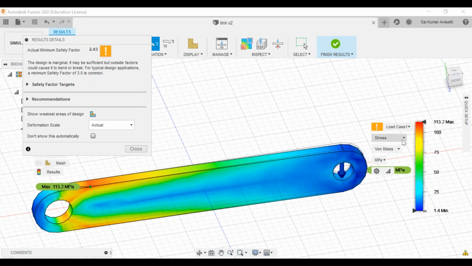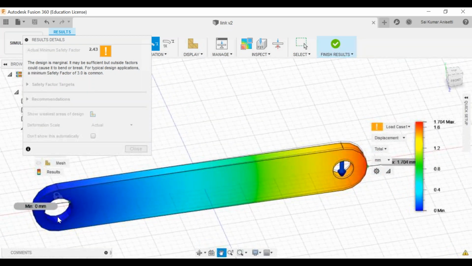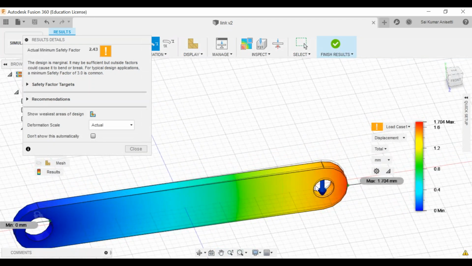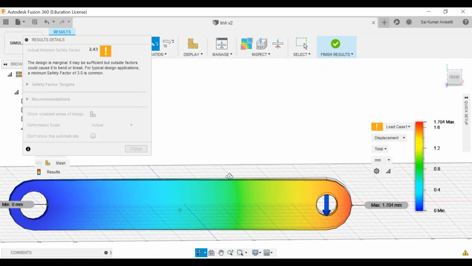Okay, and that is about your factor of safety and stress, and you can check your displacement. What is my displacement? Over here you can see this bar, it is a maximum of 1.7. It is minimum at this place and maximum over here at this place. Now you can keep this in front view, you can see the deform, you can see the displacement.